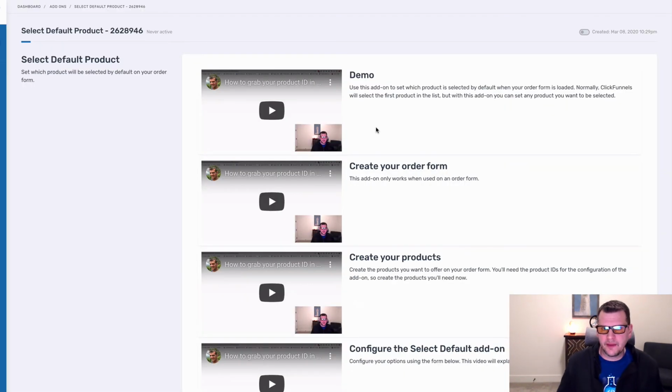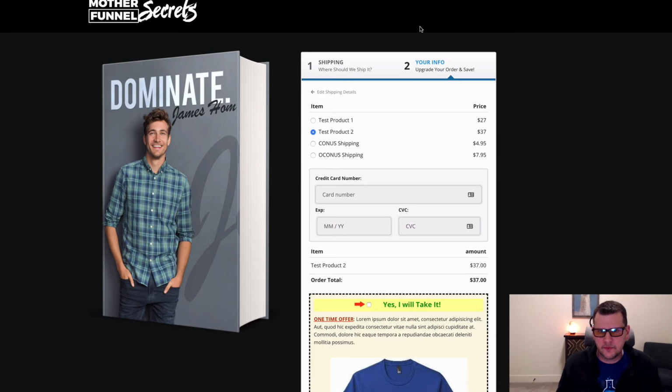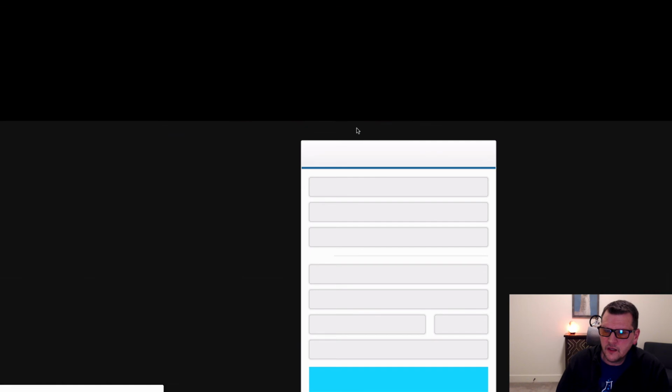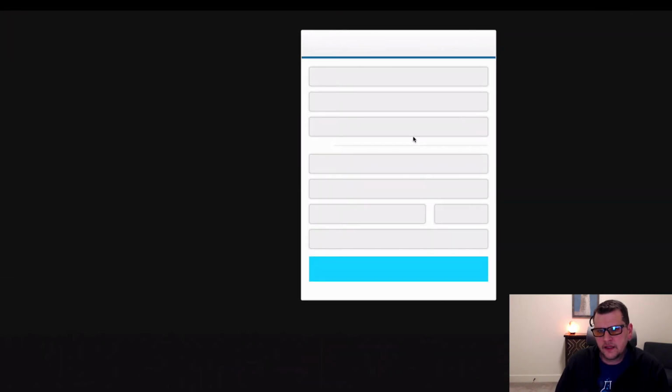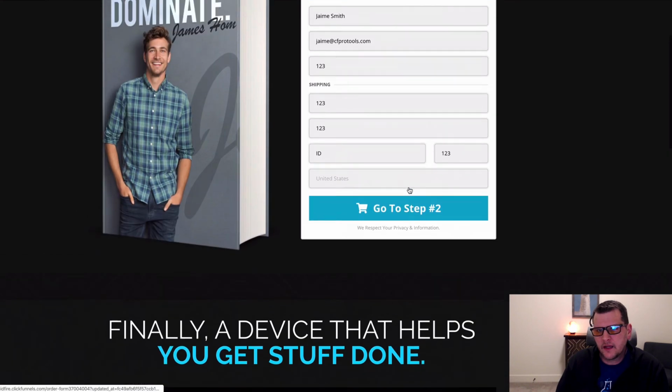So I'm actually going to bounce into my CF Pro Tools account here, and I've got this add-on already configured. I'm just going to enable it, and I've already got it installed on this page. So now if we just refresh this page, we're going to reload here, and we're going to go back in. It's going to load up this page. We'll give it just a second to load,